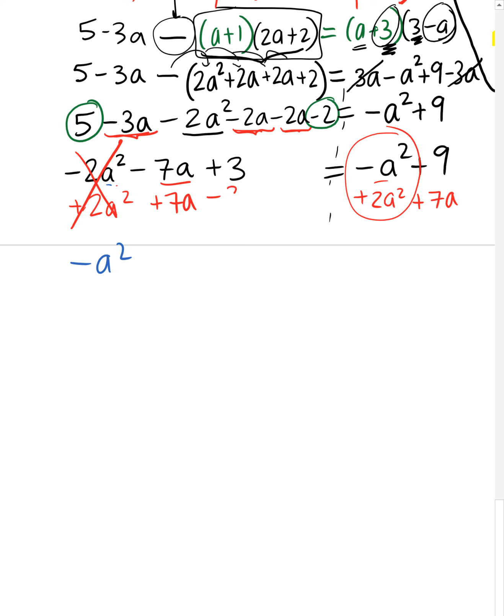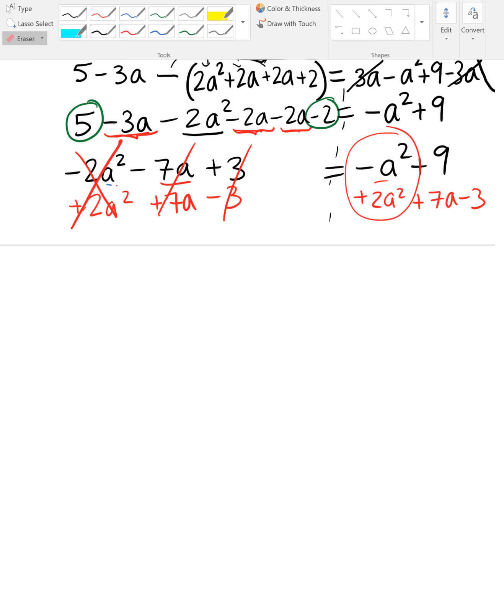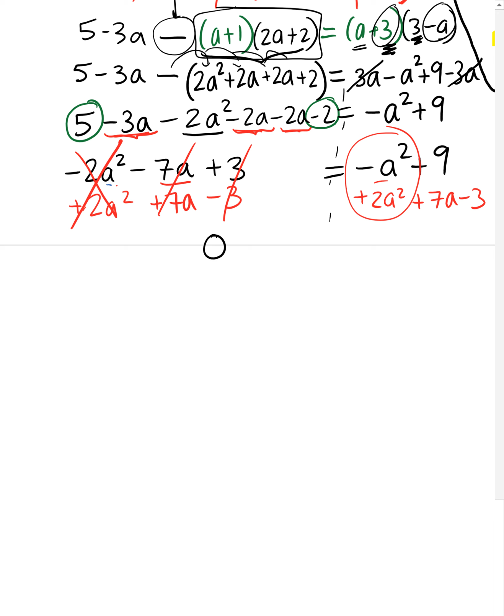And this 3 I have to move over as well. Since it's positive, I'll subtract it. Okay, and that way, there's nothing on the left side, because I've moved everything over. Let's see, 0 equals, alright, now, we already said negative a squared and 2a squared makes 1a squared, or just